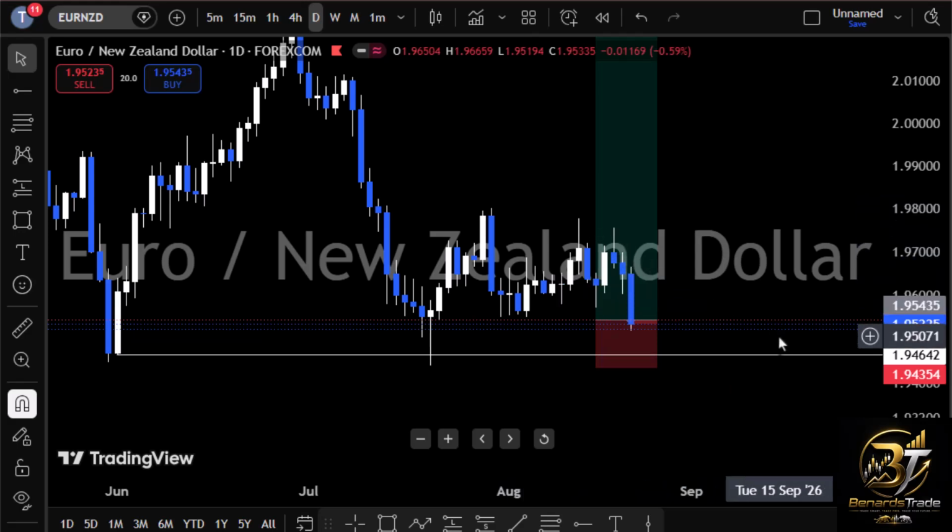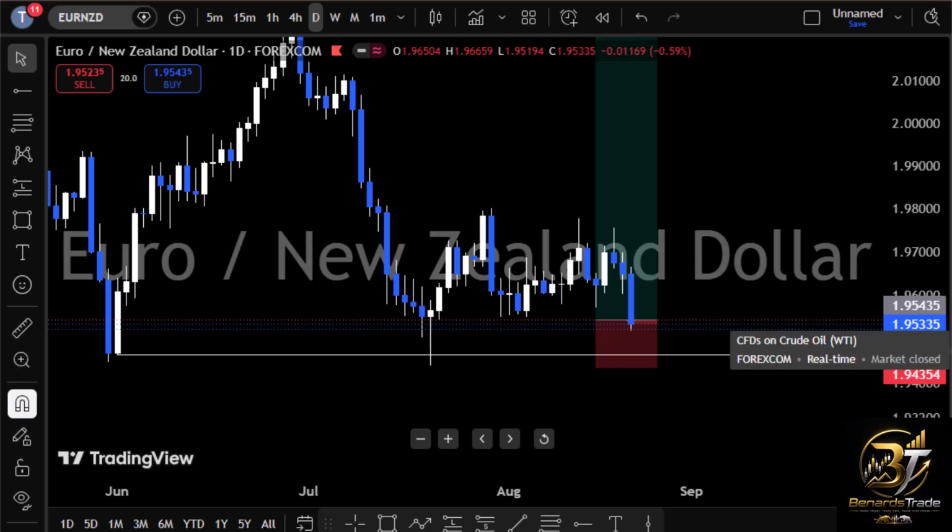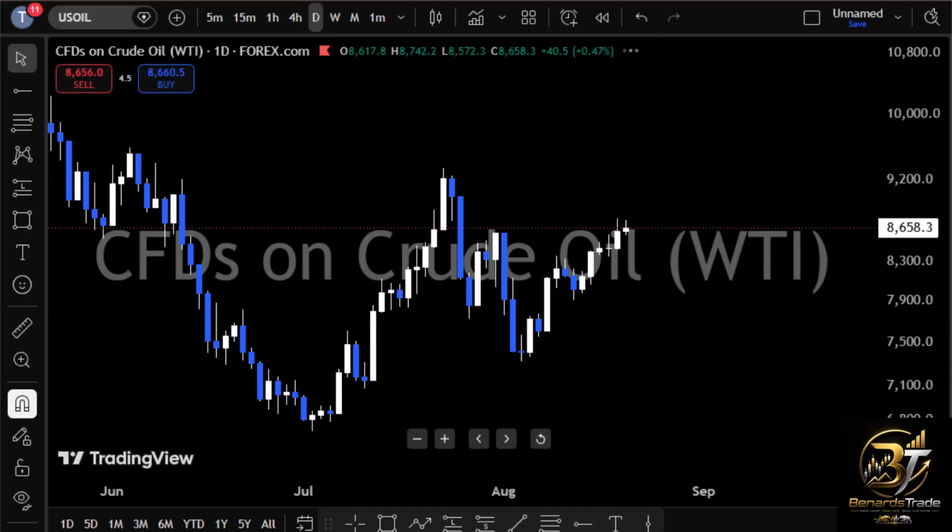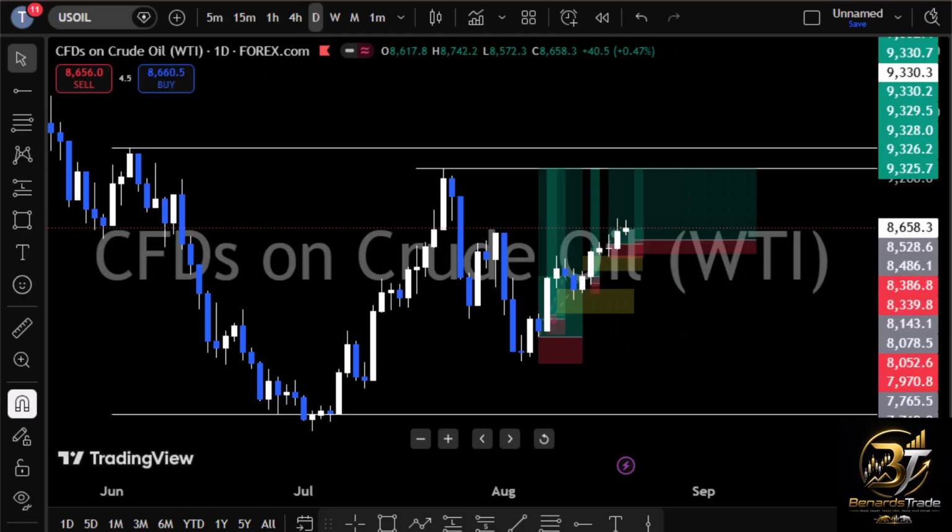That's about it. So these are just the pairs I'm looking at for this week. But the only pairs I'm more interested in are GBPN225 and USOIL. Those are the two I'm more interested in, USOIL and GBPN225, to buy them. Then keep an eye on EURUSD and USD CAD to see if we can have a sell formation